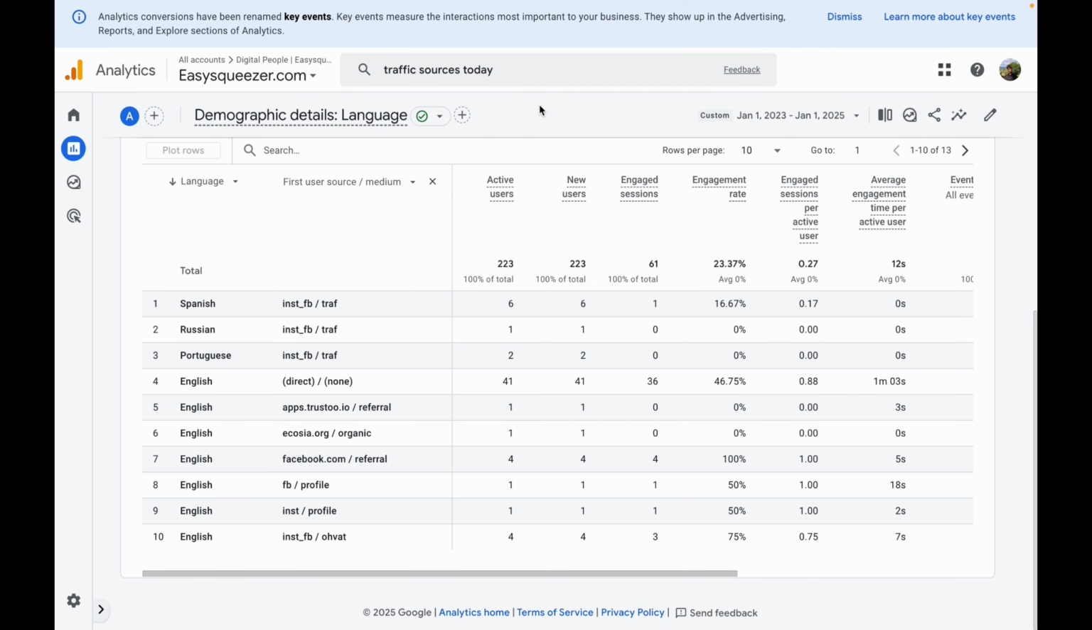I have switched to Google Analytics. This is one of the websites we were promoting last year. And here, as you can see, we have different languages, but most importantly, we have the UTM terms. Since the primary source of traffic we were using was Facebook ads, the UTM terms are not really that different from each other. But we can see here that we have this Facebook profile UTM term, and we have Instagram Facebook traffic UTM